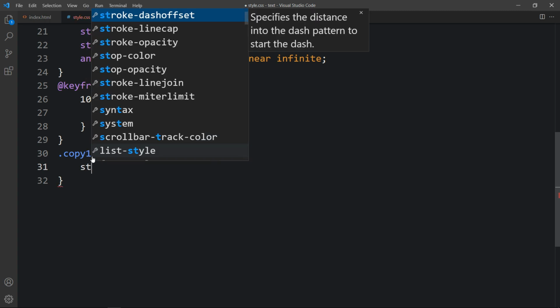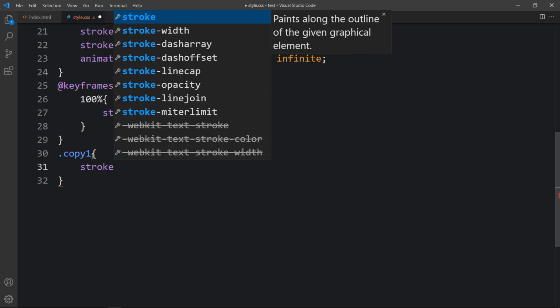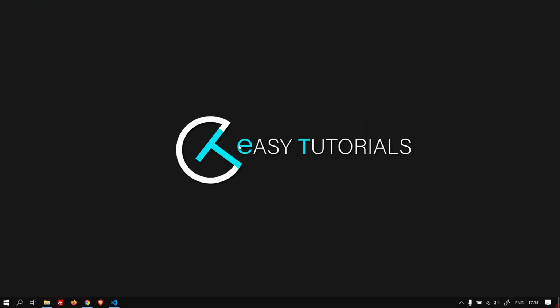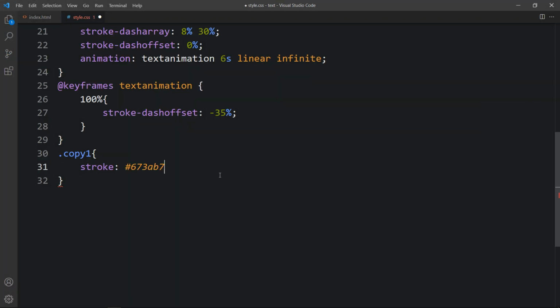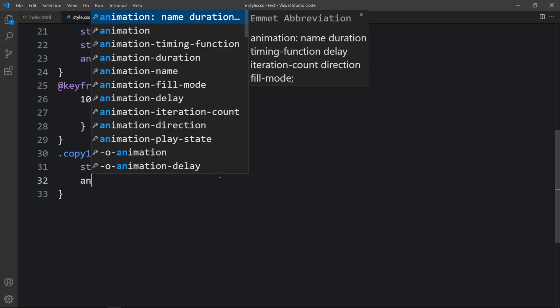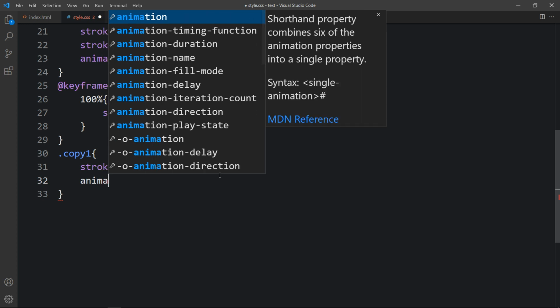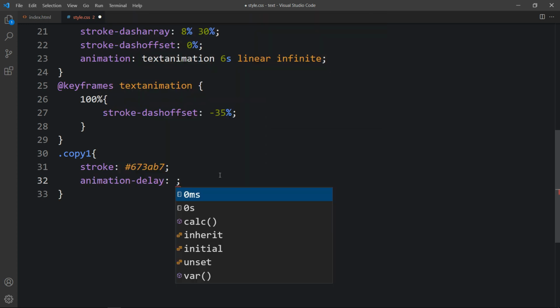So simply we will add stroke and write the color code. Let me copy the color code which is already written here. This is the first one, and in the first one we will add another animation delay. So it will be -1 second.